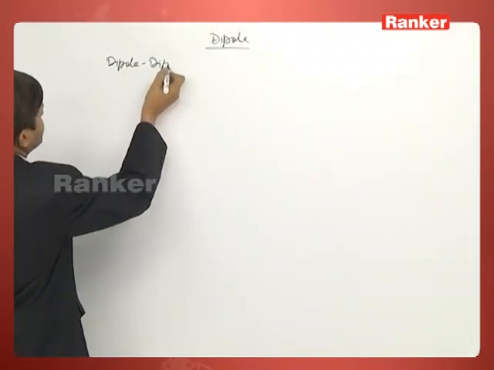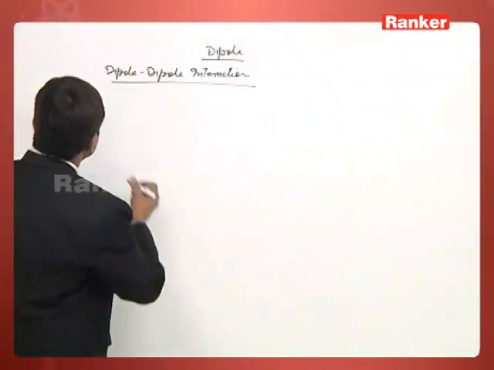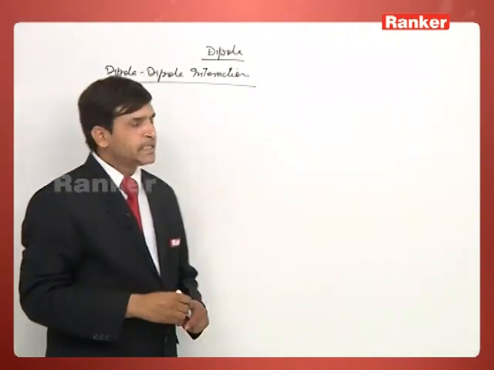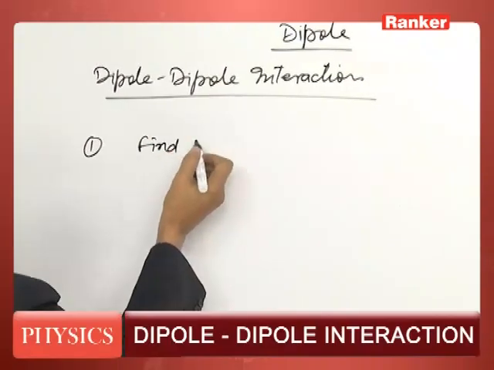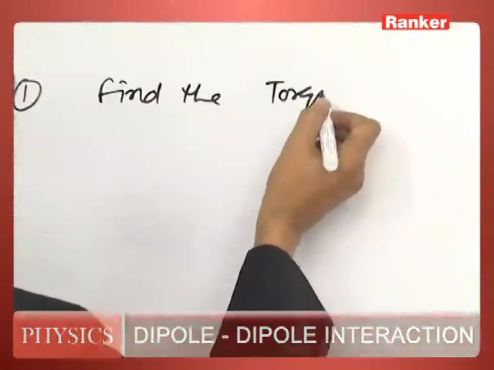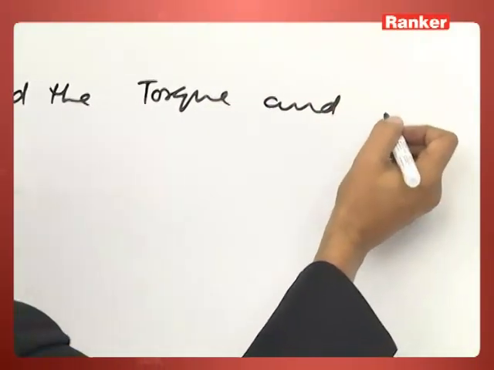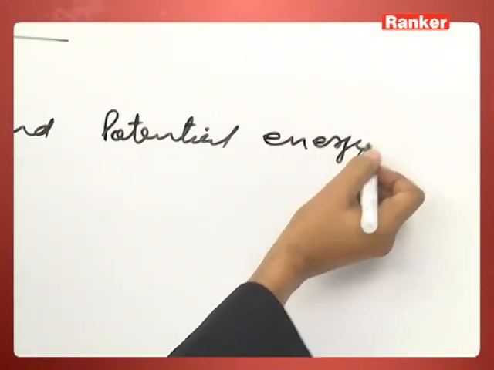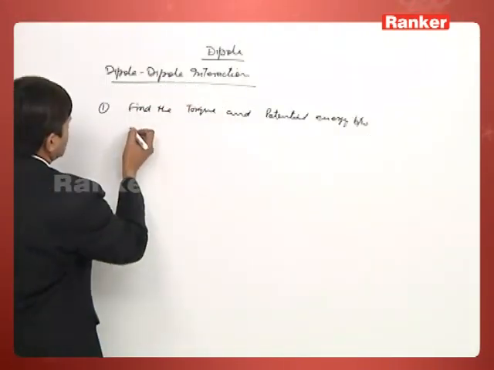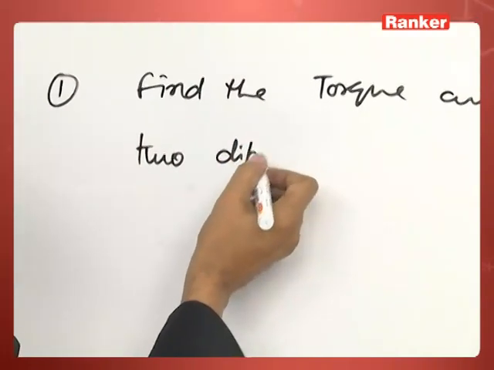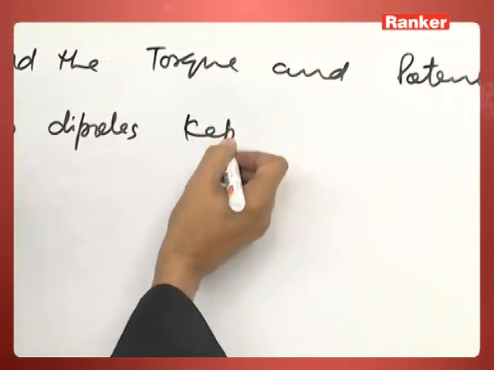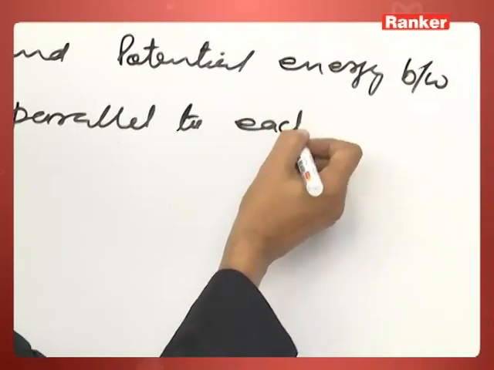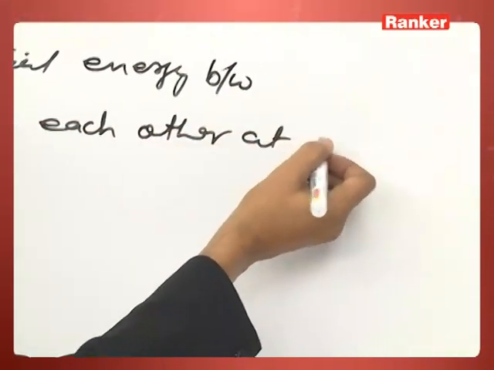Now, dipole-dipole interaction. The problem here is to find the torque and potential energy between two dipoles kept parallel to each other at a distance